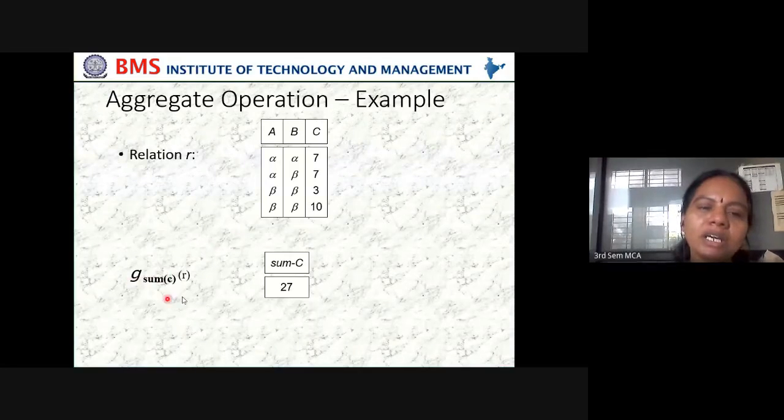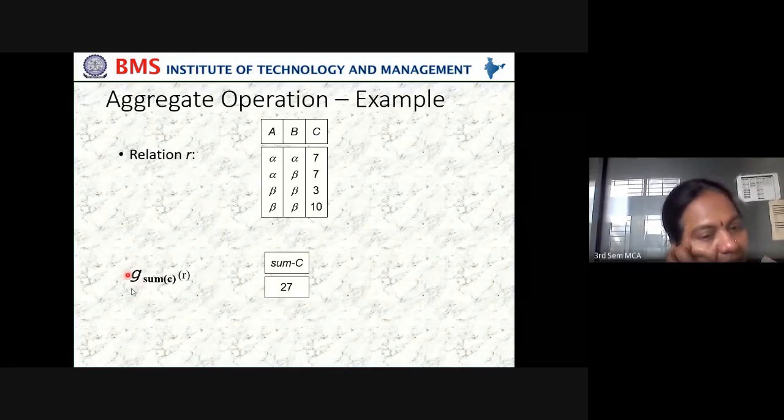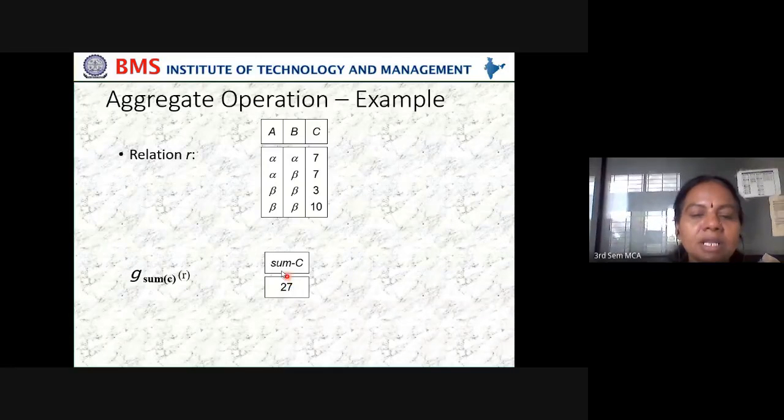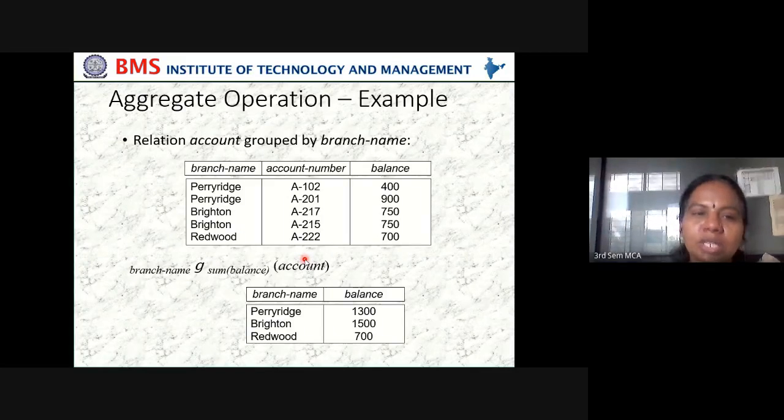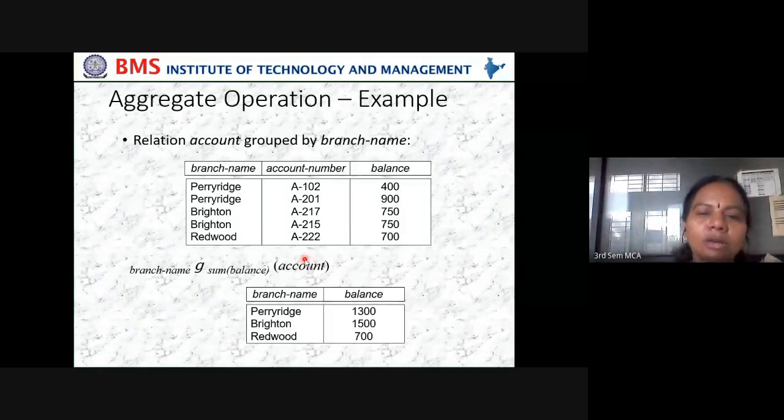So here the aggregate function sum will be done on the C column, on the R relation. So that is the aggregate function. The sum of that is 27. Sum of what? Which column? C column.